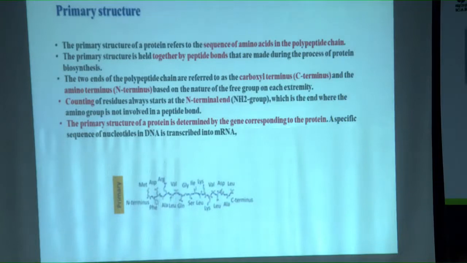So now, like DNA also, that's why I described the DNA. This is the amino acid sequence. This is known as the primary structure, and there are two termini. The first one we always start with is the N terminus. This left side, when we are writing, we always start with this side. This is called the N terminus, where there is an amino group, and the other terminus is the carboxyl terminus. We refer to it as the C terminus.